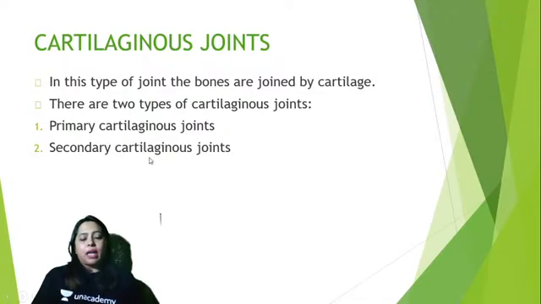Then you have secondary cartilaginous joints, which have the hyaline cartilage as the articular cartilage, and in between them there is also a piece of white fibrocartilage. Now, what is the difference between hyaline, elastic, and white fibrocartilage? You know that hyaline cartilage got its name because of the color, hyalo, or blue color. The matrix is bluish in color because it takes up the stain hematoxylin.